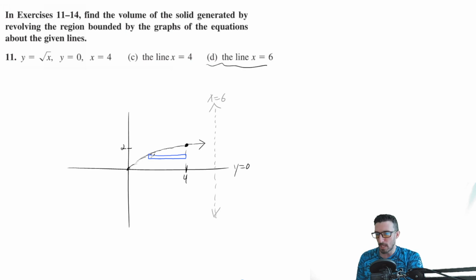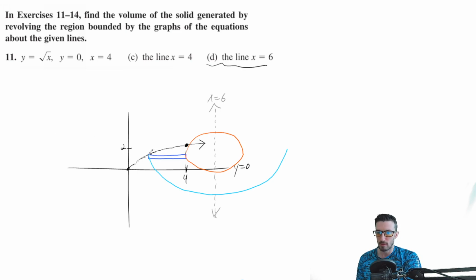So what that means is when I take this rectangle around there, I've also got to take this end over here around, and what it's going to do is produce a hole